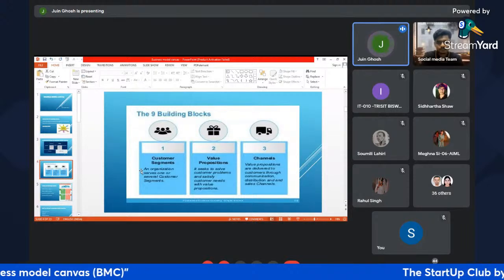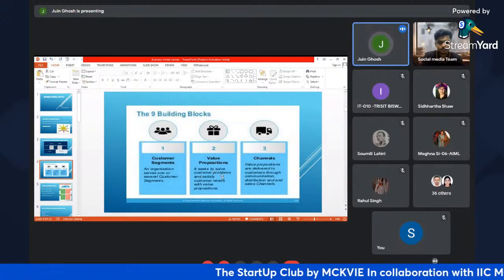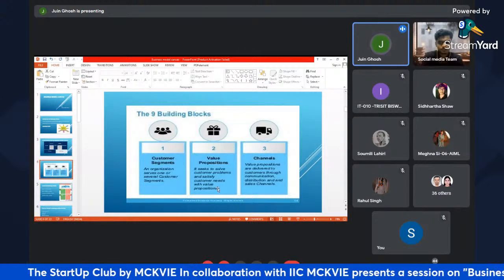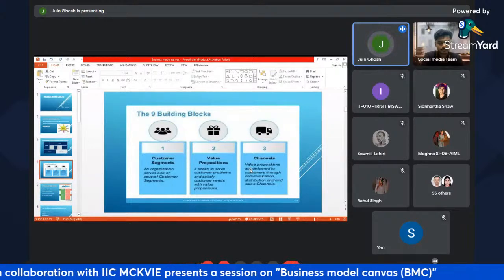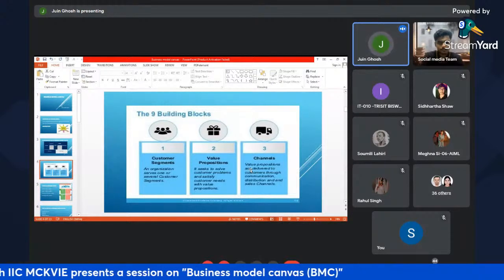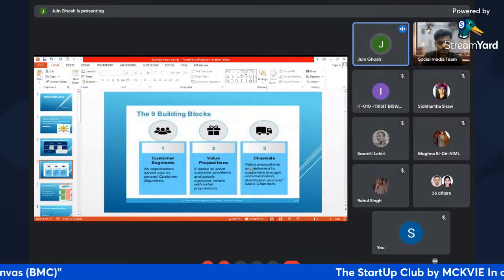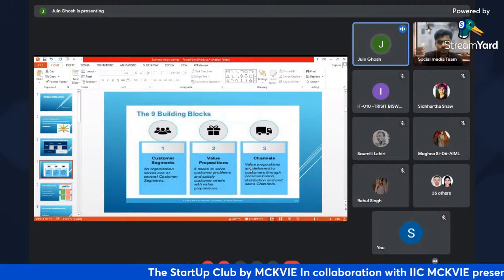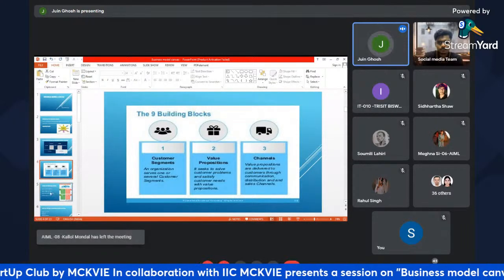Now, the value proposition, as I was telling, seeks to solve the customer problems and satisfy the customer needs. And when we talk about channels, that is, what is the channel of communication with the customers, right? How are they distributing the products or services to the customers? That is, from the manufacturer to the customers. What is the channel of distribution? That should be very clear,